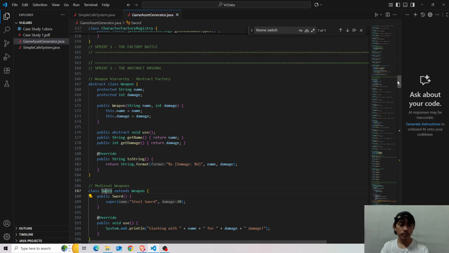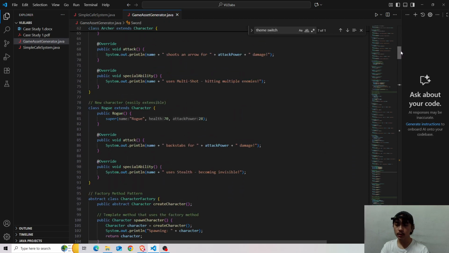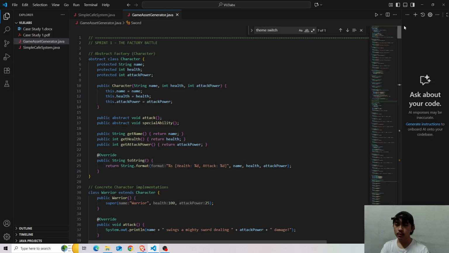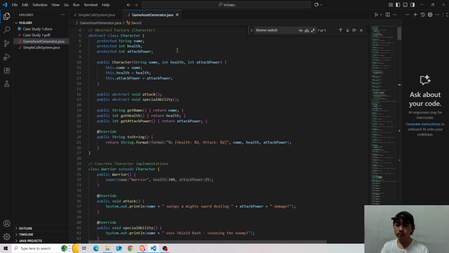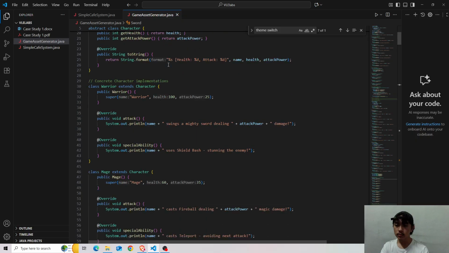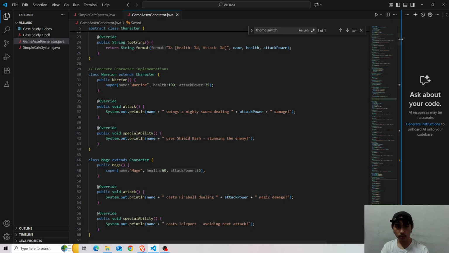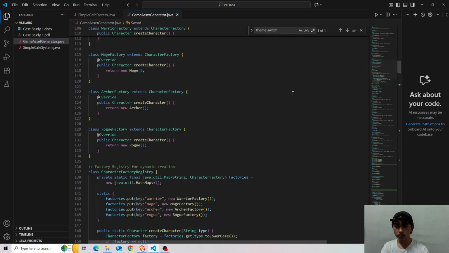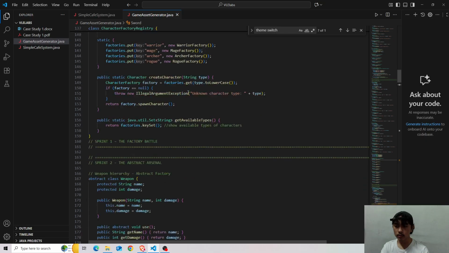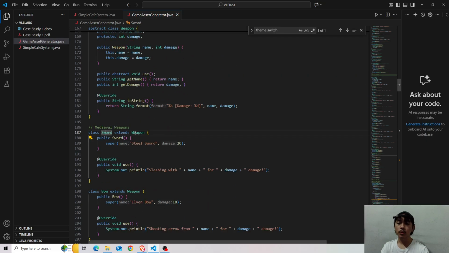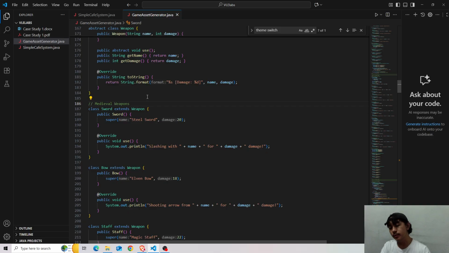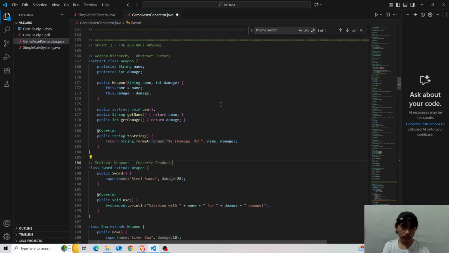So just like before, these weapons are what we have added here. Wait, yeah, the concrete characters. So this will be our concrete weapons, right? Or we can just call it concrete products.